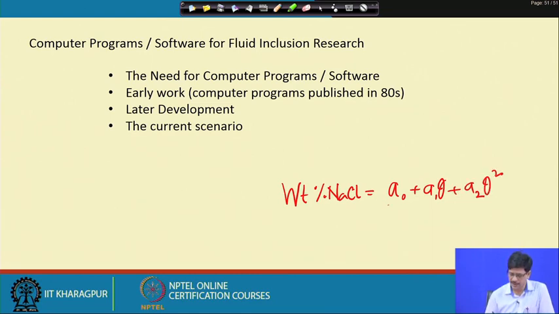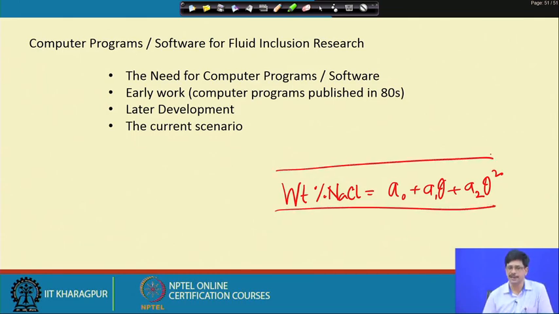This is a very simple equation to calculate the salinity of an aqueous inclusion where the freezing point depression data is available. Now, we measure the inclusions in